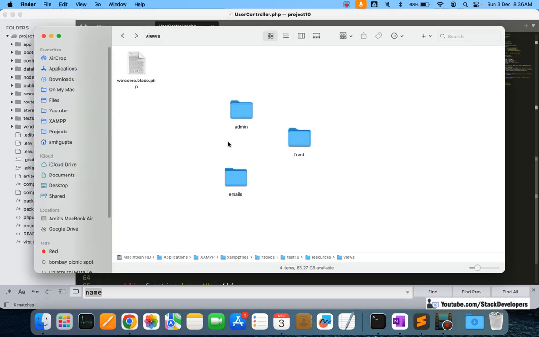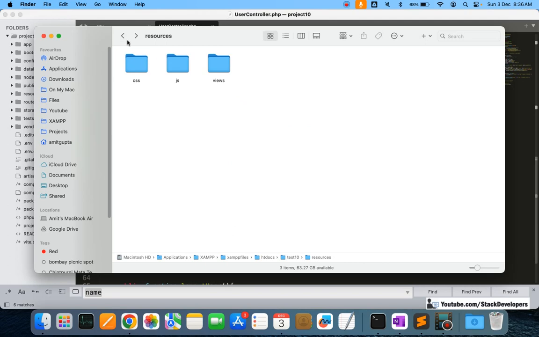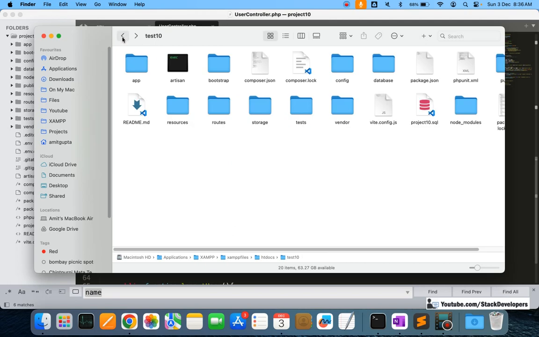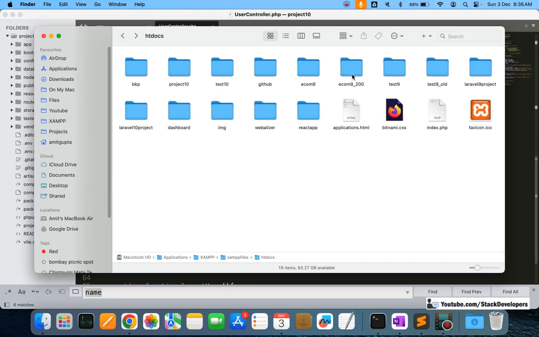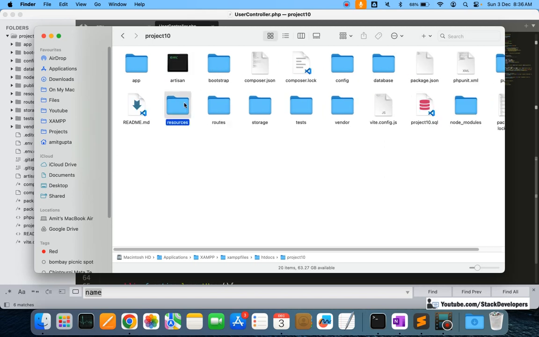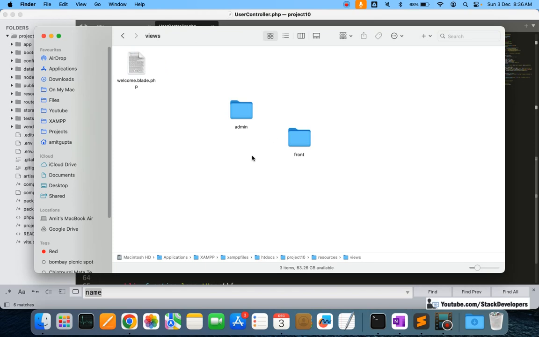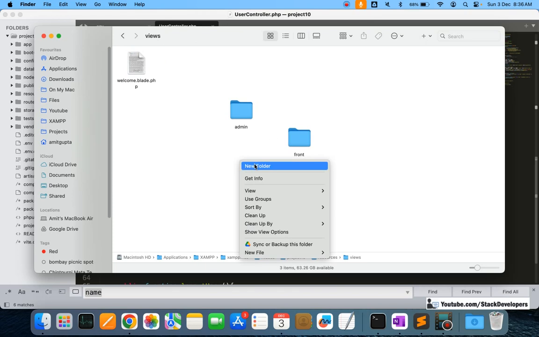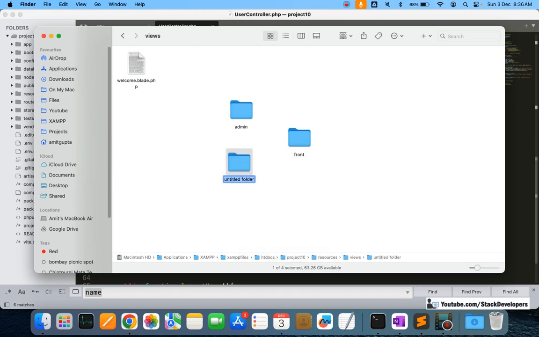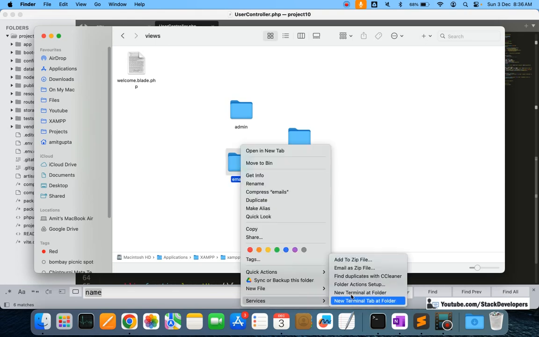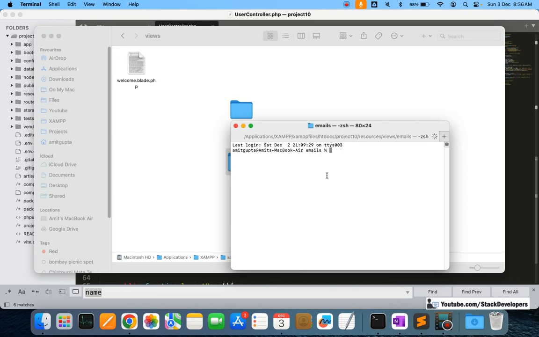We will create, first of all, I'm going to show you project 10 resources, views, and here we are going to create one folder. New folder, emails. Under emails, I'm going to create a new file. In Mac we can create the file like this, but if you're in Windows, you know how to create the new file. Here in Mac, I will give the touch command to create the new file,